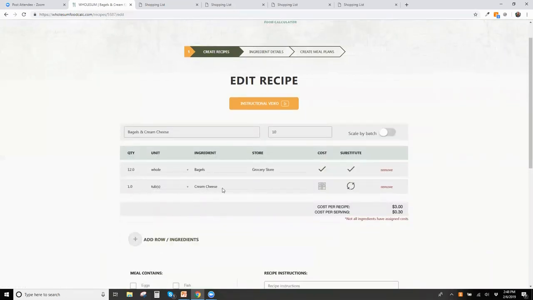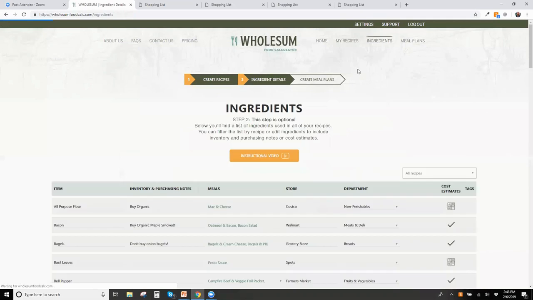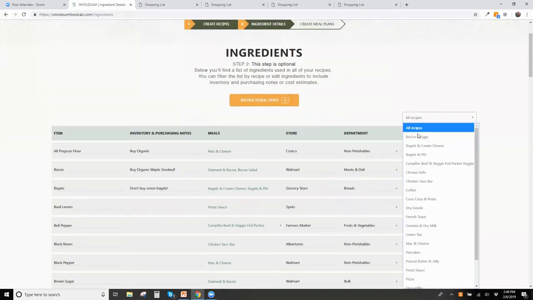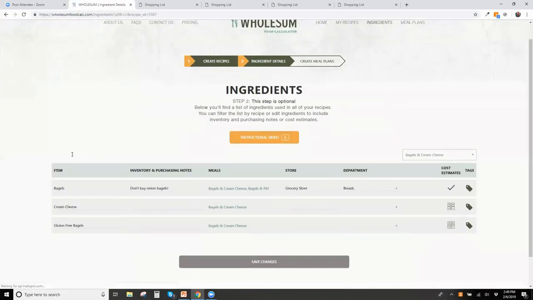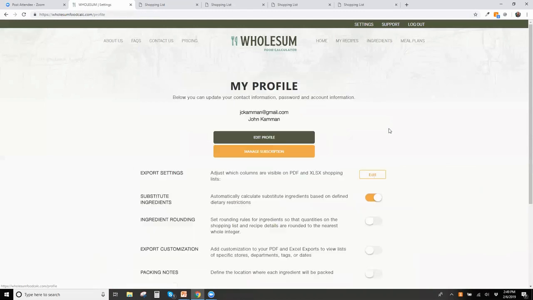So we don't want to deal with partial tubs of cream cheese, right? So I would jump into ingredients. If I don't want to scroll through all of these, I can just look at the bagels and cream cheese. So here are the 3 ingredients that might come up there. Oops, I've got to turn on the rounding rules. Sorry about that. So I'm going to turn on ingredient rounding,